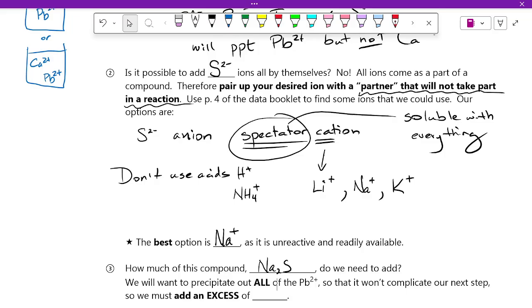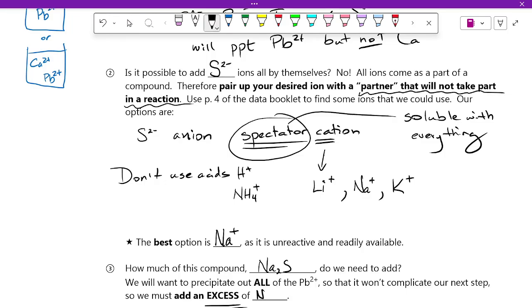Like if I put in sulfate to precipitate the calcium, the sulfate will also precipitate with any lead that is left over. How do you prevent having any leftover lead? You add an excess amount of the sulfide. And because this is qualitative analysis, you don't need to define what amount is an excess. You just say an excess